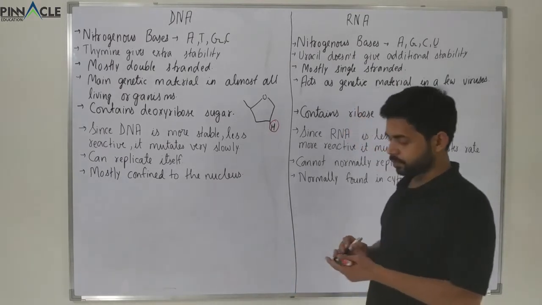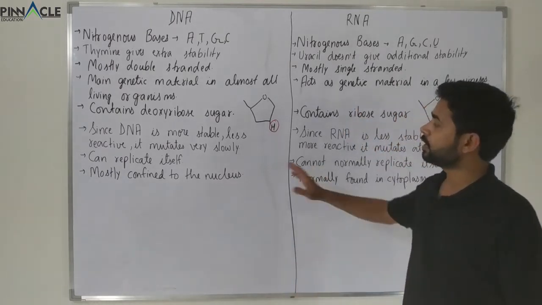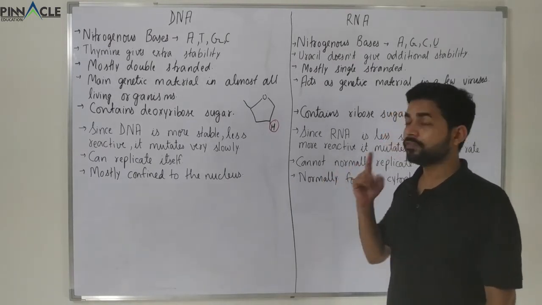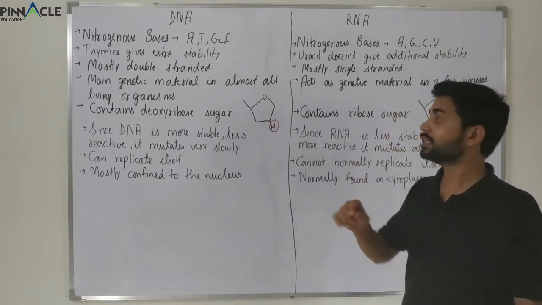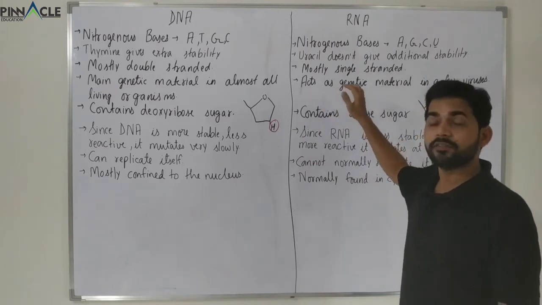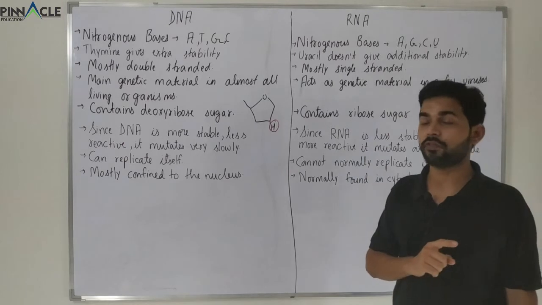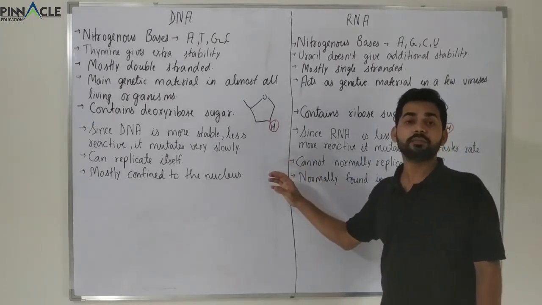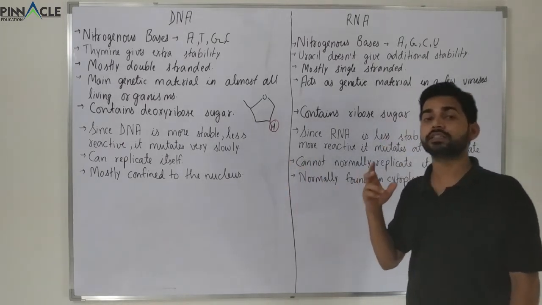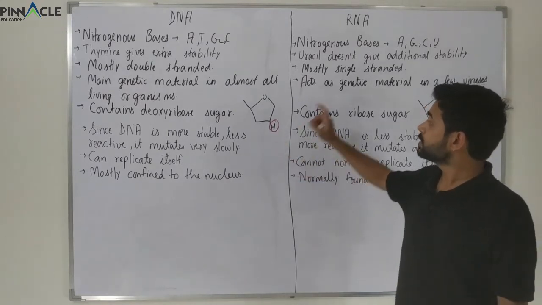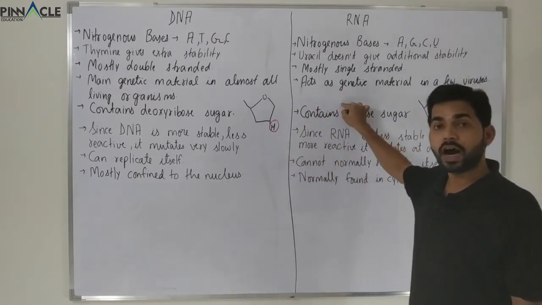So these were the most common differences between DNA and RNA. One major and very important difference, which has proven that RNA became the first genetic material on earth, is the catalytic property of RNA. There are very important genetic processes called splicing and others. Those processes take place only because of RNA.